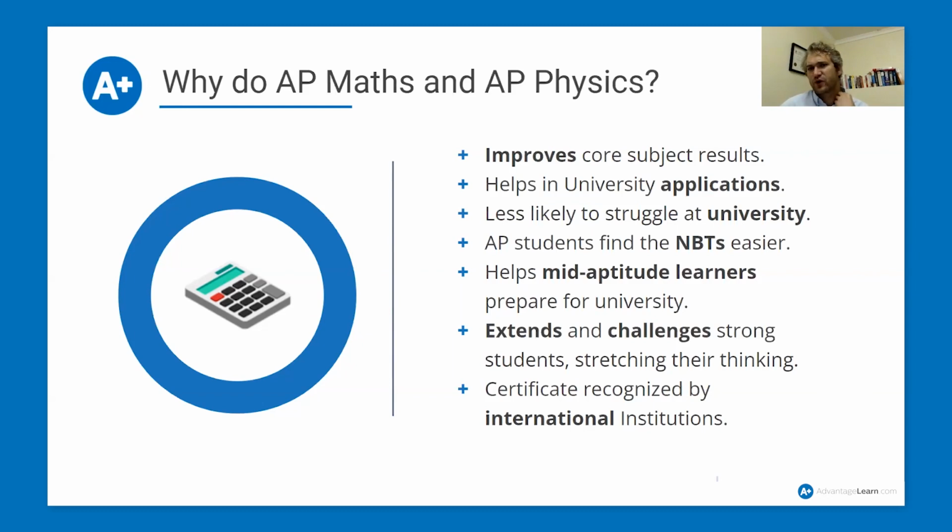There are then two profiles of learners. It's a generalization that I like to speak to in terms of who these programs can really benefit. The first one is a mid-aptitude learner, a learner at school who does exceptionally well academically, but one of the major contributors to that success is that they're diligent, they work well, and so they succeed. And those characteristics are vitally important, and sometimes more important than just latent intelligence. But these mid-aptitude learners don't necessarily have the sharpest mind. They take a little bit longer to catch on to things. They need a little bit more time.